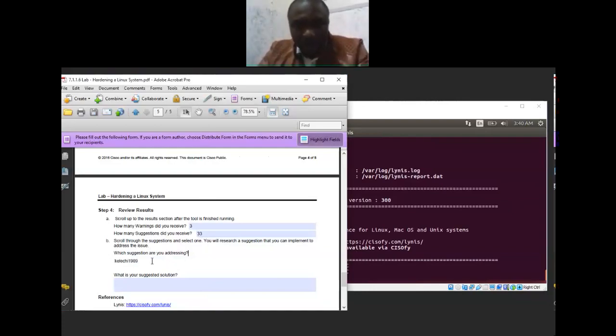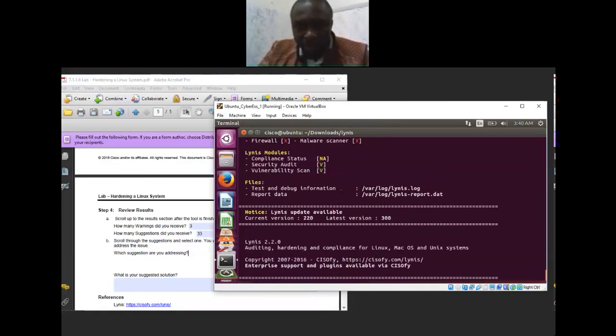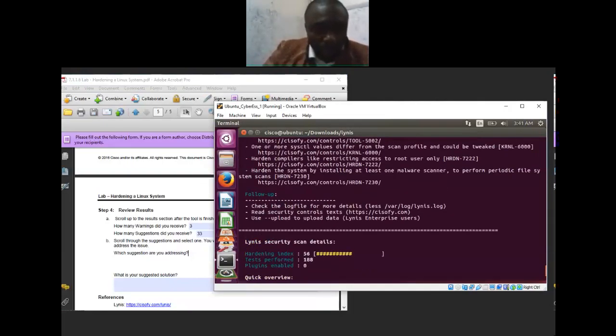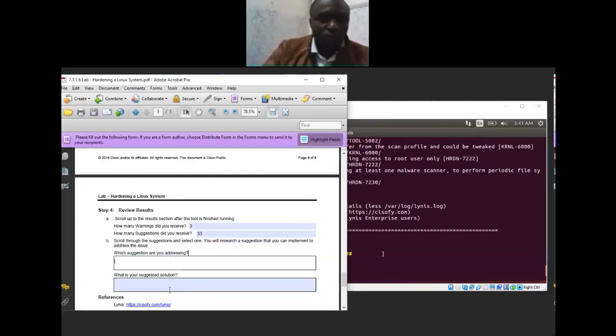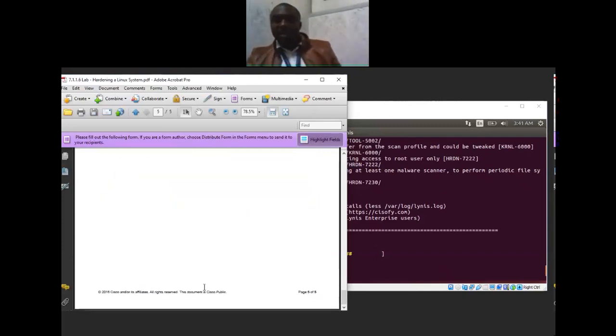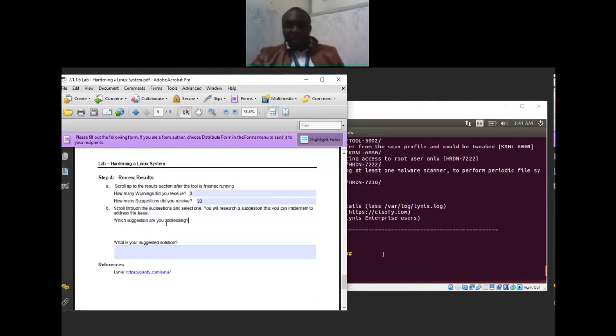This is the suggestion. Oh, sorry. How do we copy it now? Oh, I thought I copied it with Control C. Anyway, once we copy it, then we put it in here. Then what is your solution to the suggestion? So we are going to now research and find out how to resolve that problem. So you see, that is the lab activity that we have to do. And remember, this lab activity is basically just to help us in the hardening of our system, making our system